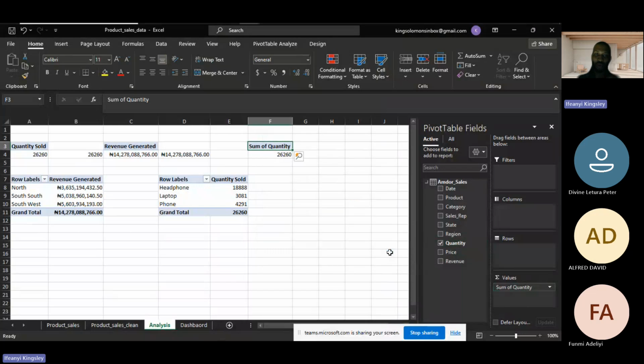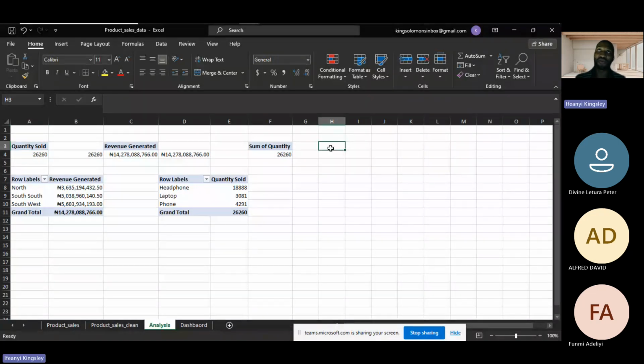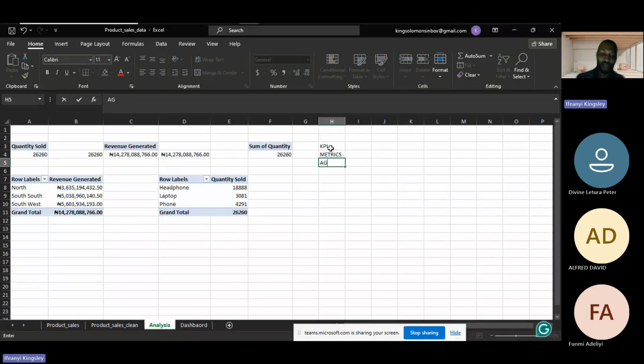Now, what was my reason to change it from sum of quantity to the quantity sold? When you are trying to present your metrics or your aggregates, or you can call it a KPI, it depends on the industry where you're working. You might hear people calling it KPI, you might hear people calling it metrics. Sometimes they will call it aggregates. So all these things depend on the industry where you're working or where you found yourself. Depending on the industry you're working or the particular clients you're working with, they might have different names for